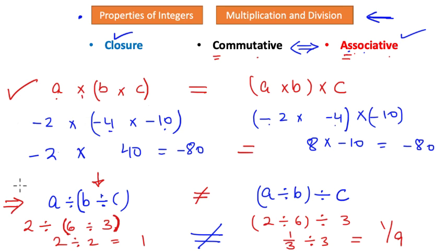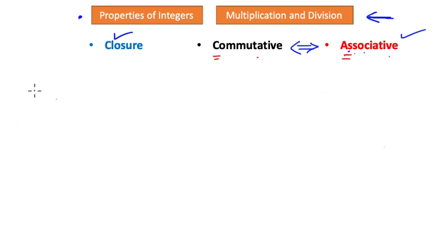So whenever we talk about the division sign, that is between two integers, the order of these digits, how they have been placed, how they have been grouped together, it really does matter. It makes a very big impact on the final outcome of that entire series of mathematical operations. Okay. So to summarize our discussion, we say that there are two operations under discussion, the multiplication and division. We state that for closure, it works on multiplication, it works on commutative, and it also works on associative. But none of these properties will be applicable when we have division sign under consideration. So none of them are applicable on the division sign.